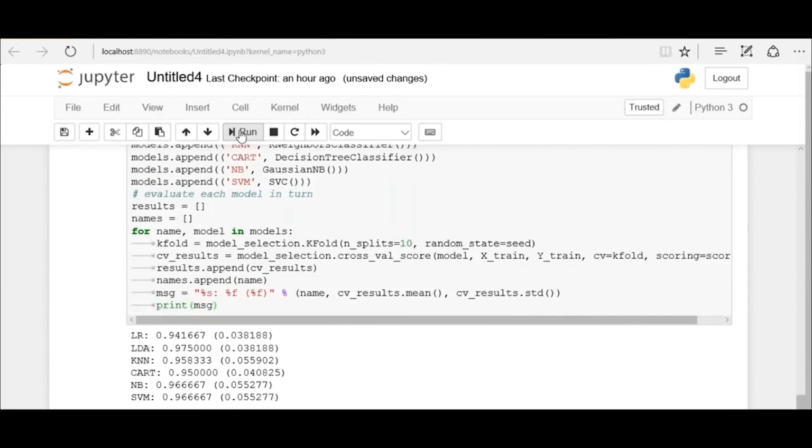Both will result in an overly optimistic result. You can run the LDA model directly on the validation set and summarize the result as a final score, a confusion matrix, and a classification report.